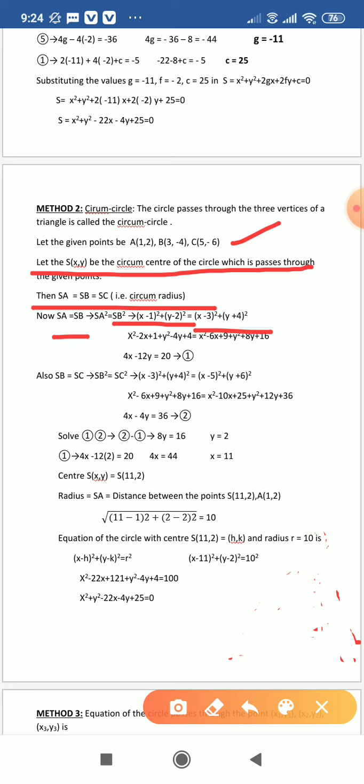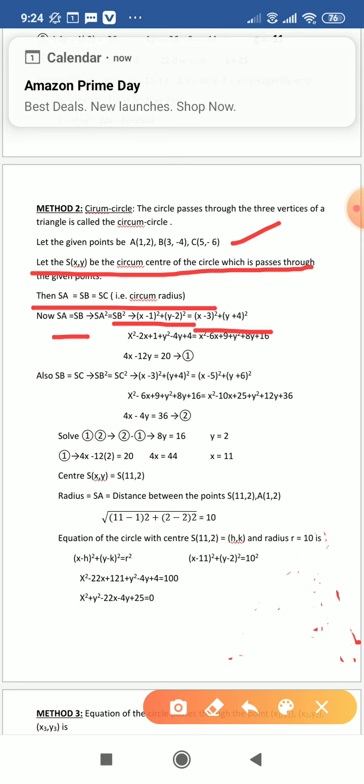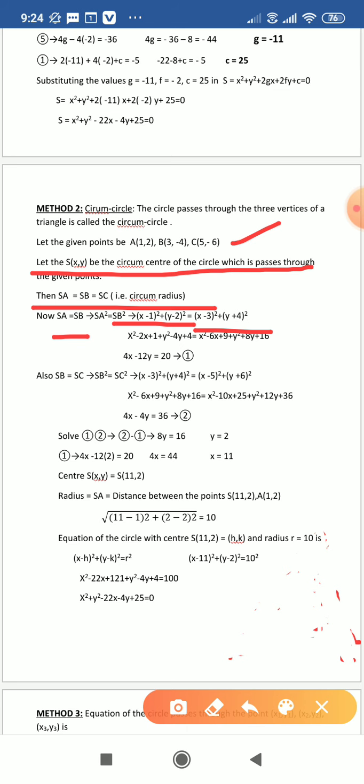Okay. So x square cancels, y square cancels. Bring the terms of x and y to the left side. Minus 6x becomes plus 6x, minus 2x gives 4x. Similarly, plus 8y to the left side becomes minus 8y, minus 4y gives minus 12y. Take the constant values 1, 4, 5 to the right side, that is minus 5. Here 16 plus 9 is 25, minus 5 is 20. Let it be equation 1, in terms of x, y. This is the equation: 4x minus 12y is equal to 20.